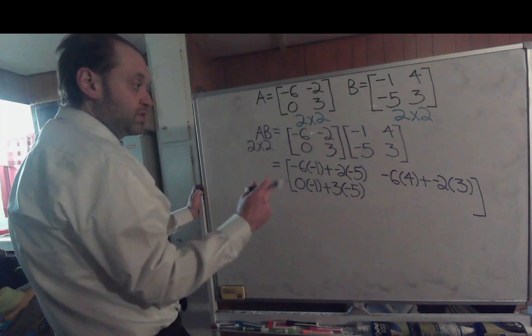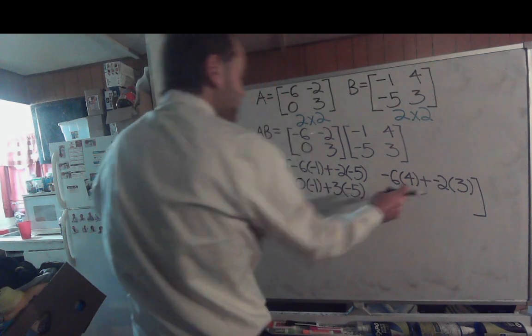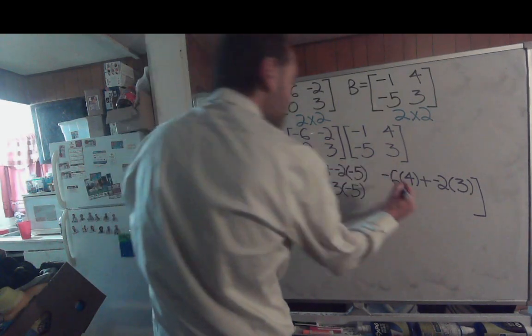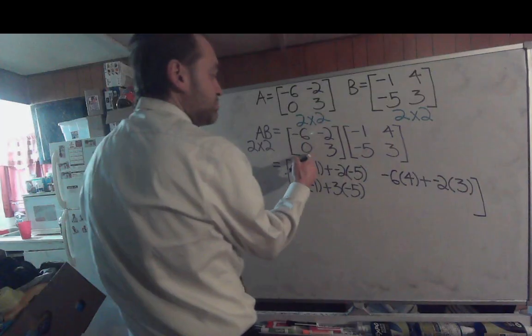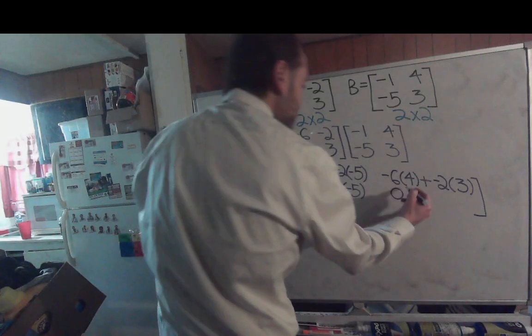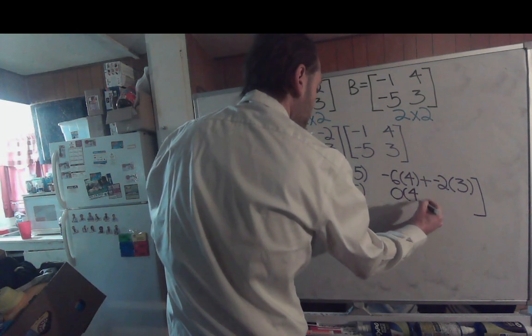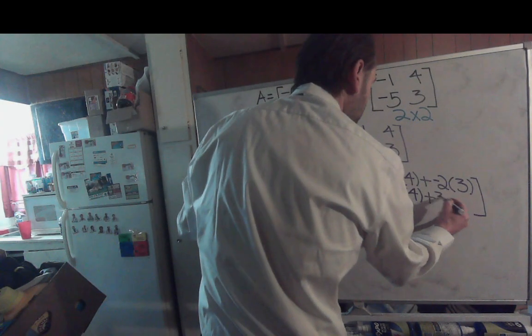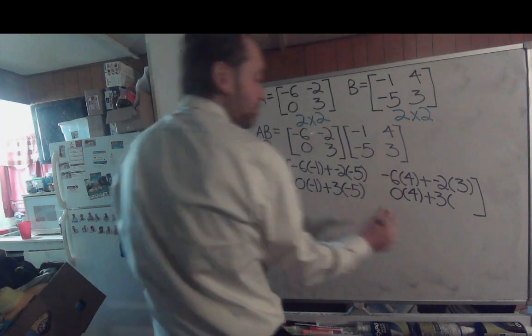That's it for this third number. Now to get the final number, take the first number in your second row, which would be 0, times the first number in the second column, which would be 4, plus you'll take that second number in the second row of 3, times the second number in the second column of 3,